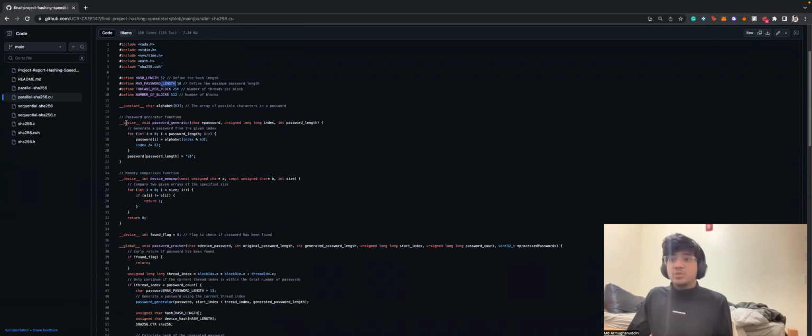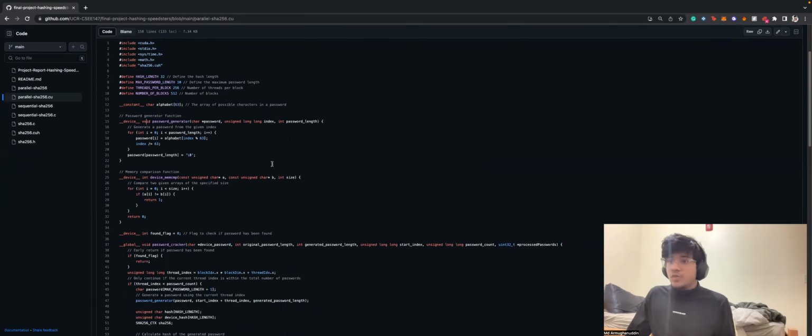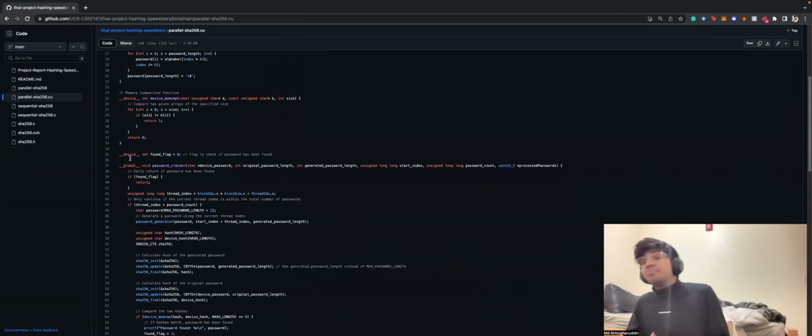Here I'm generating the password. Since I am doing this in parallel, I have assigned this as a GPU function. Then we have the memcmp function, which is basically comparing the two arrays. Once I have the two hashes, that is of the original password as well as the password that I'm currently trying, let's just say my original password is ball, and I'm currently trying a 4-letter combination, which is maybe ABCD. This function will compare the two hashes and see if they are equal or